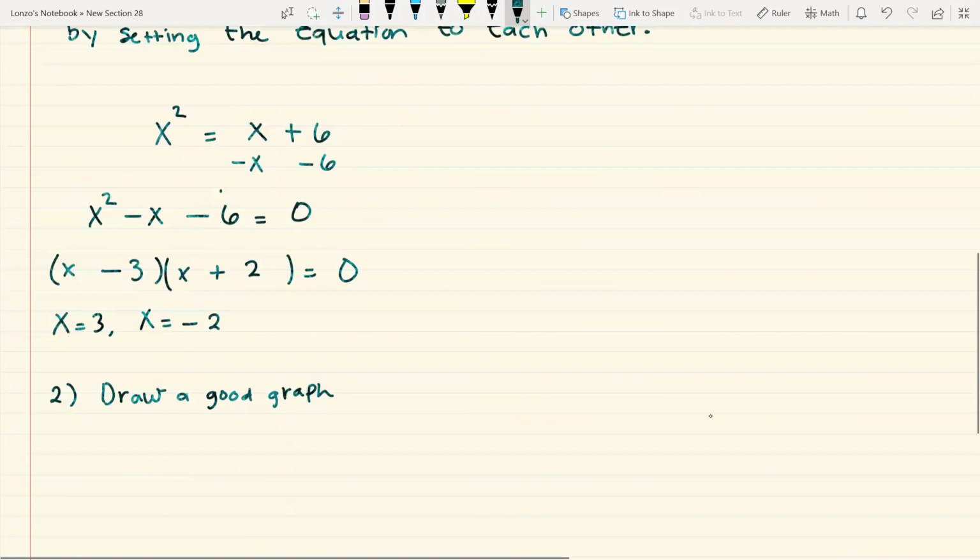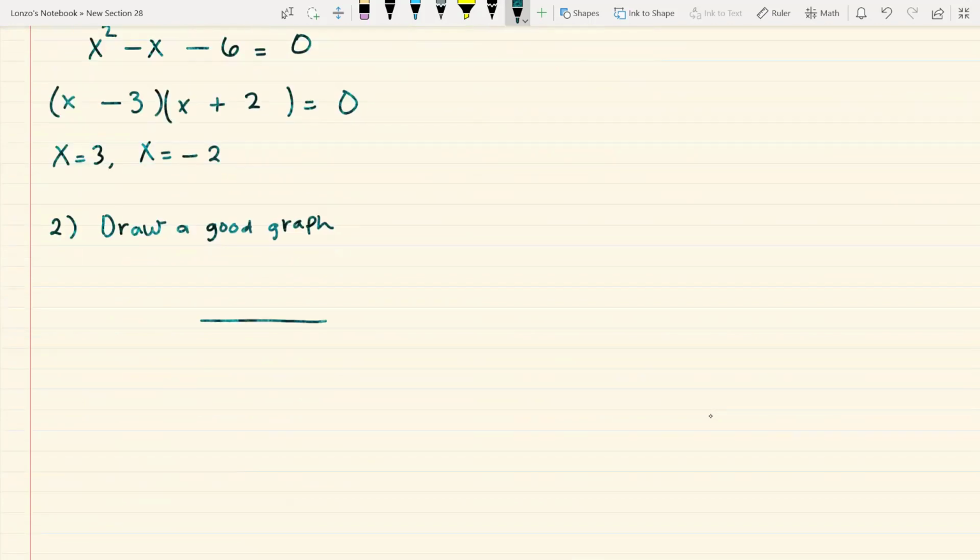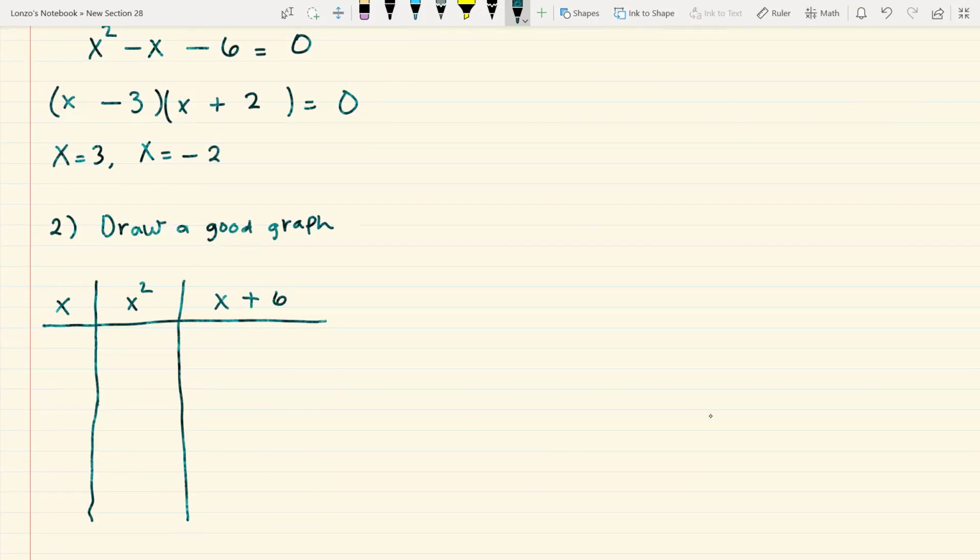You can also make a table. That's what I'm going to do. So here's my table. We'll use x here, and then our first function is y equals x squared, so we'll put x squared there. And then our second function is the linear line, which is x plus 6. Our lower boundary is -2 and our upper boundary is +3, so you could start with the x value -2. You can't go any lower than -2. And then we go to +3. So -2, -1,